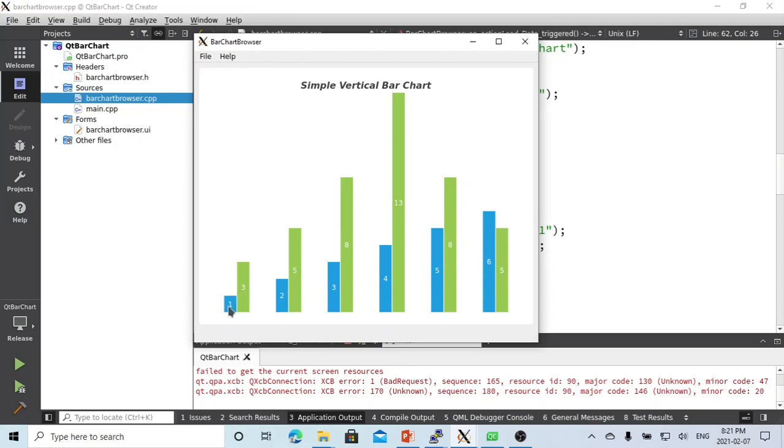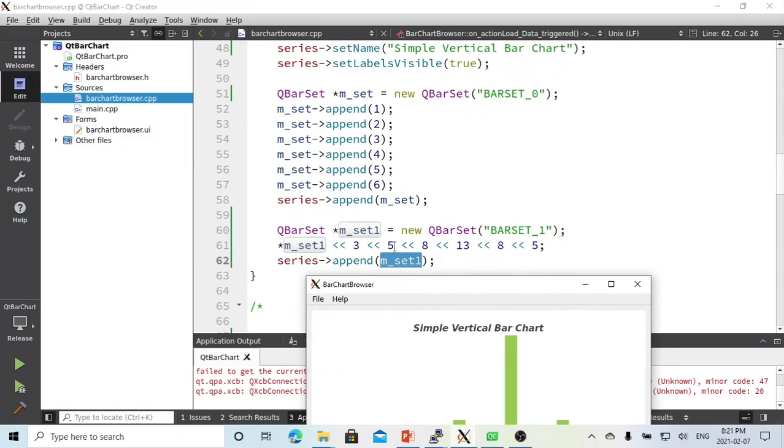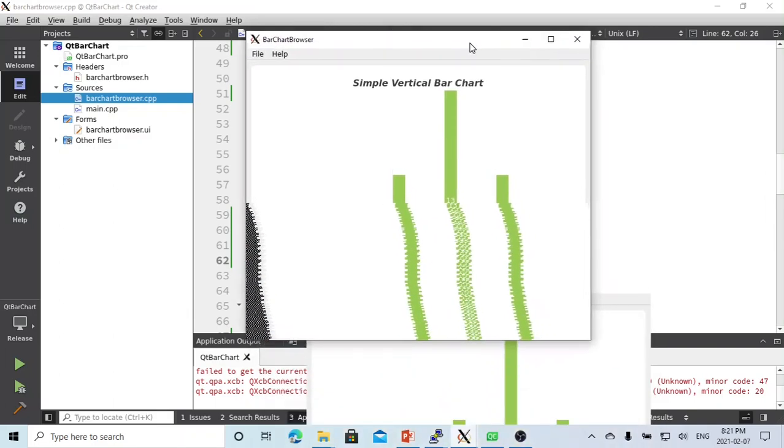So for the blue, it's 1, 2, 3, 4, 5, 6. And for the green, it's 3, 5, 8, 13, 8, 5. So let's see, for the green, 3, 5, 8, 13, 8, 5. And for the blue is 1, 2, 3, 4, 5, 6. So now this is a